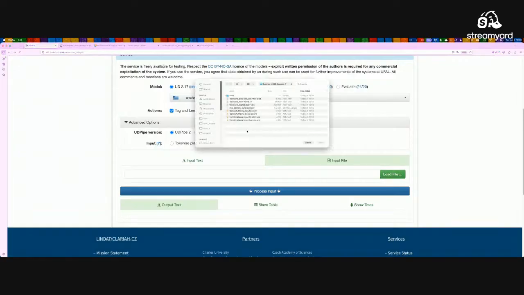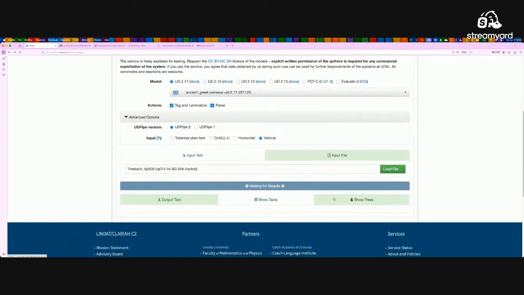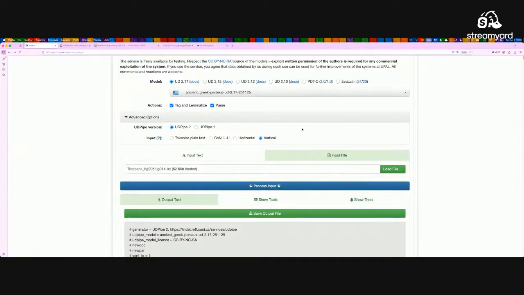We can load the file from here, this one, and then process the input. It might take a little while because this is the whole tragedy by Euripides. Now, try to pay attention to what these options mean for the tokenization.